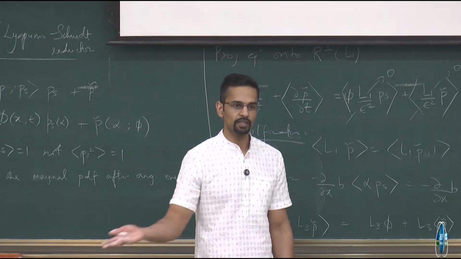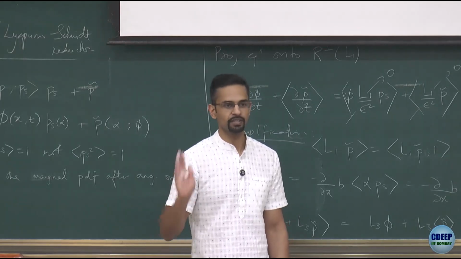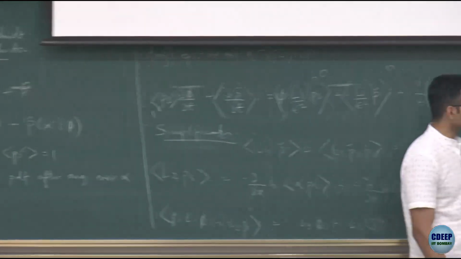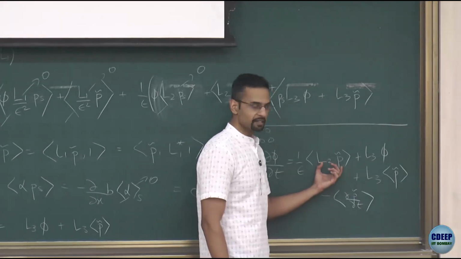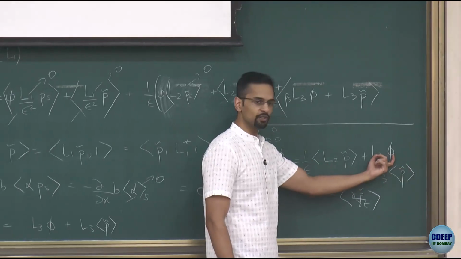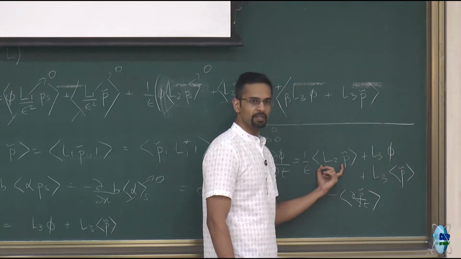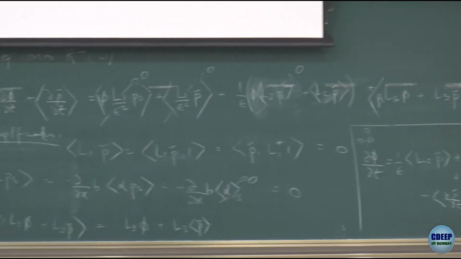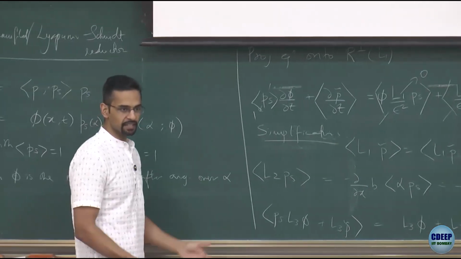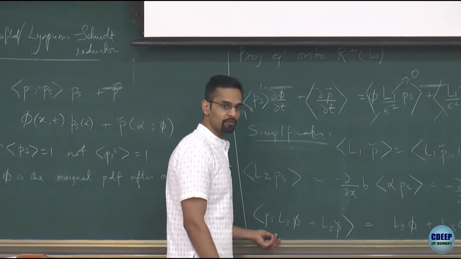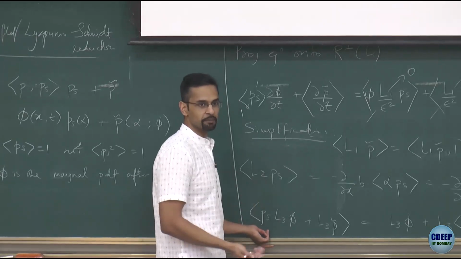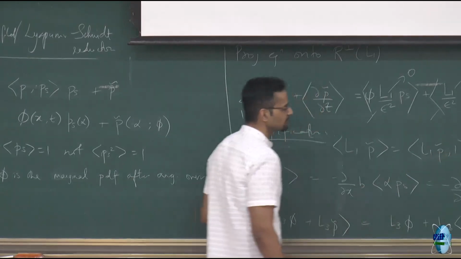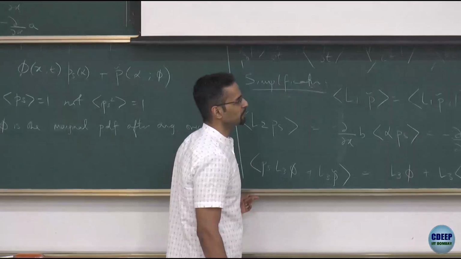The term you don't know what to do with is that term involving alpha in the original ODE for x. And that's what hopefully will give some kind of diffusion. Somehow diffusion has to come out of this. This is drift. These two will vanish. This is your usual drift. Somehow this term has to give me diffusion in x. So L2 has only one derivative in x. But that's like the Taylor's problem, because it has an alpha which gives the drift velocity a dependence on the fast direction. So let's keep that equation in mind. We'll return to that. And now we have to go find an equation for p tilde.